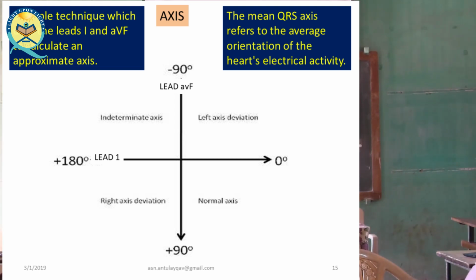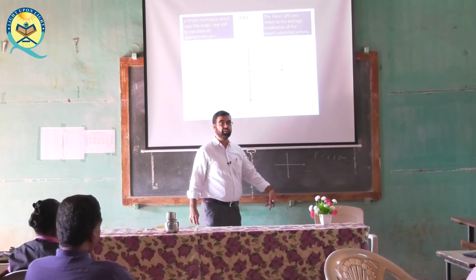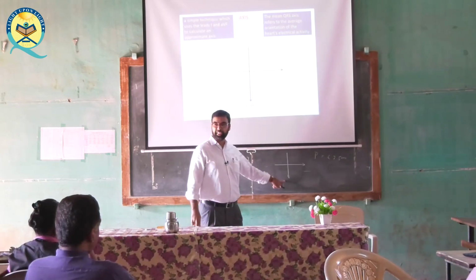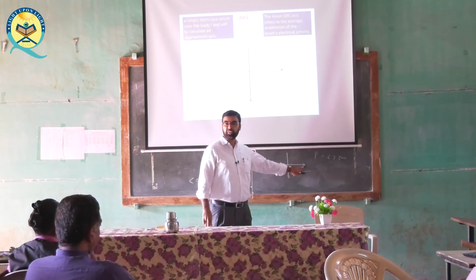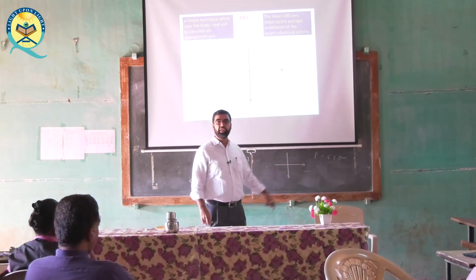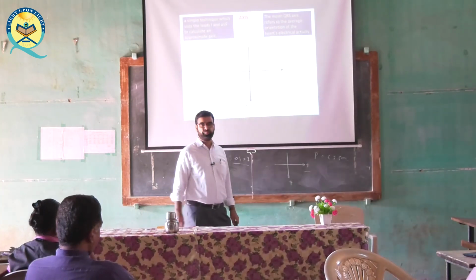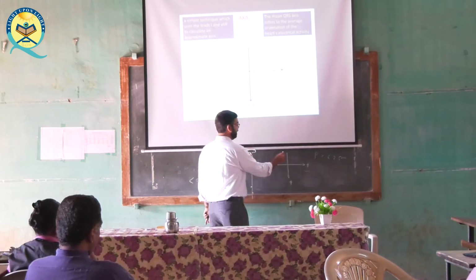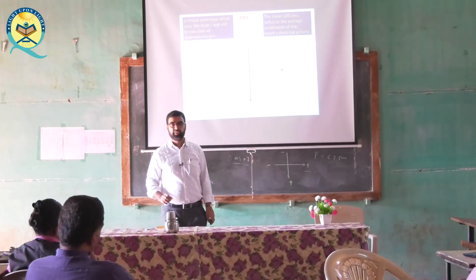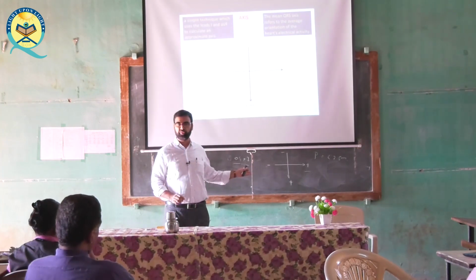So you should plot two leads on a paper. Lead 1 is horizontal, and the other is vertical because it goes to the foot. So it is vertical, and positive side is towards the foot. So the direction is like this, towards positive side, and this direction is towards the positive side. Okay, it indicates that the positive sides are these two. It means negative sides are above and to the left.